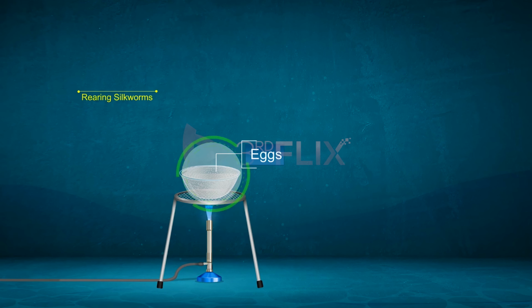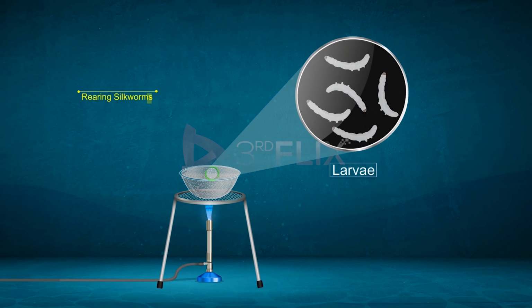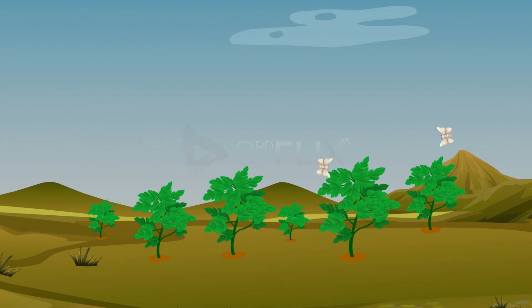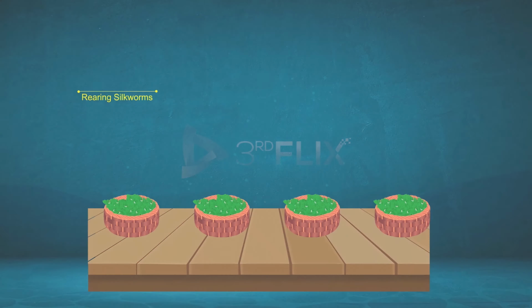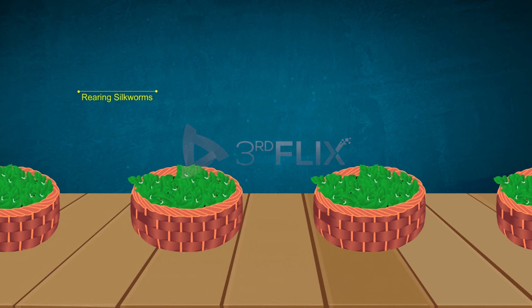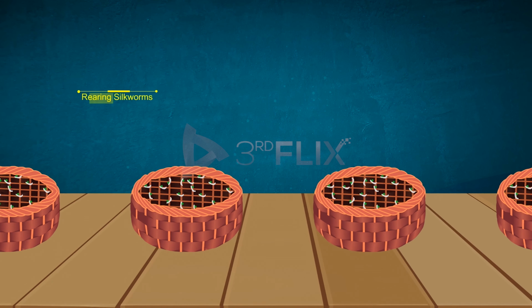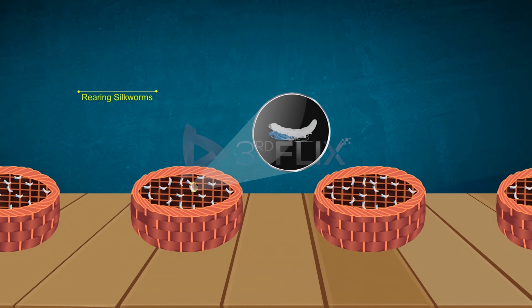Eggs are heated to a certain suitable temperature so that the larvae hatch out. This happens only once a year when the mulberry crop is fresh. Larvae are kept in bamboo trays with fresh mulberry leaves. These larvae start eating and grow in size, which stops after 25 to 30 days. They get attached to the twigs in the tray and start producing a proteinaceous substance from their mouth. They spin cocoons and get covered in it.